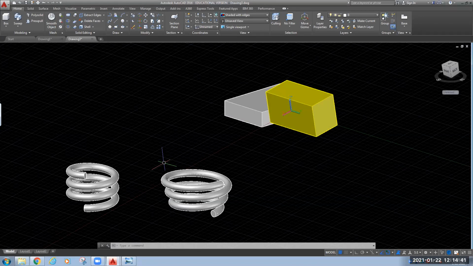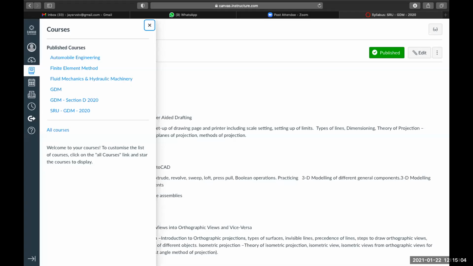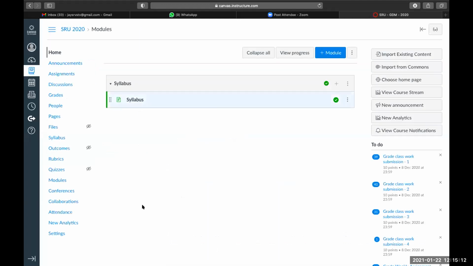Now we will see the syllabus, what we have covered till now. I will open your syllabus and share it with you. When you open your canvas, on the home page, you can see the syllabus.